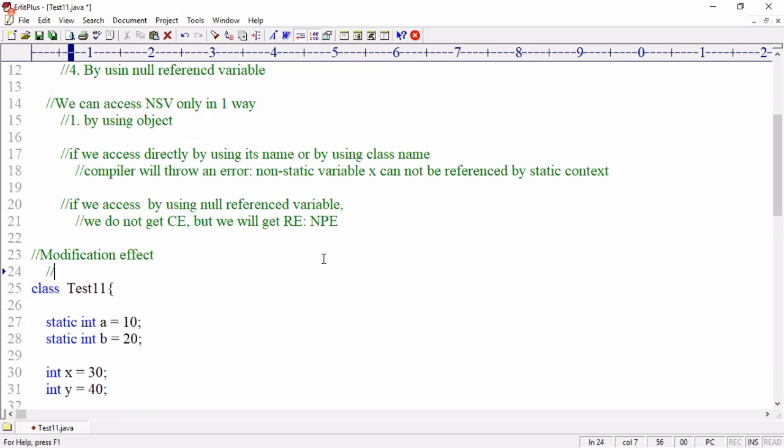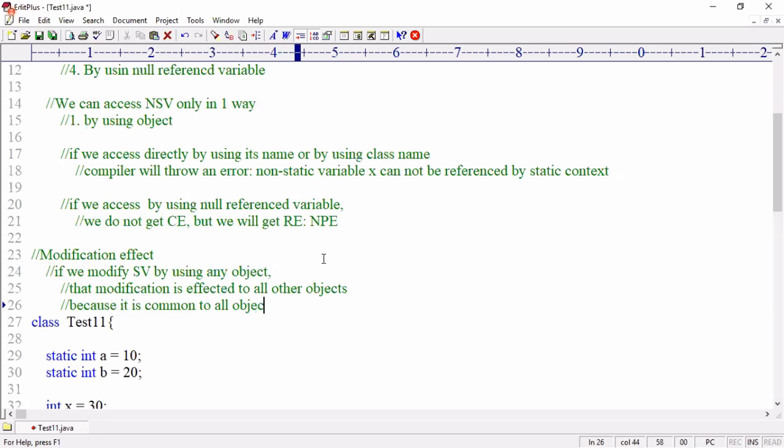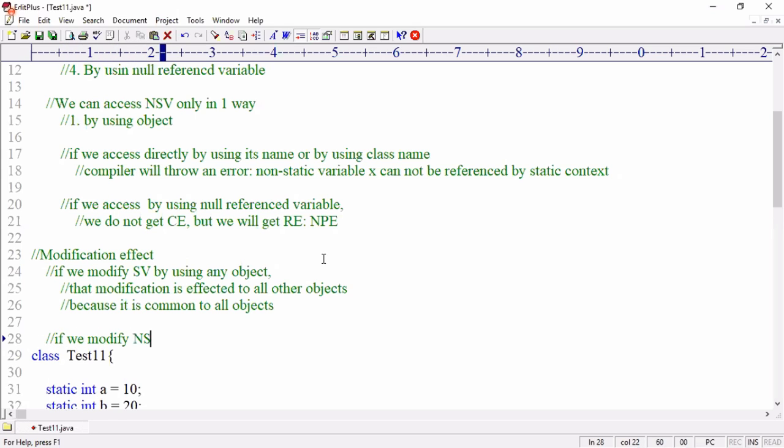Tell me, modification effect. If we modify a static variable by using any object, that modification affects all other objects. Why? Because it is common to all objects. Next, if we modify a non-static variable by using one object,